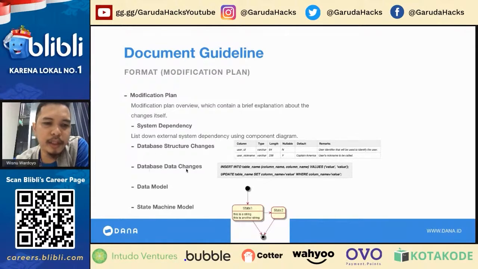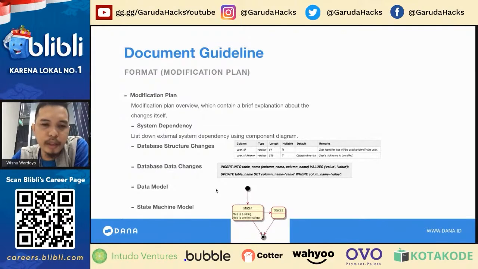Also, we have the database data changes. Not only structure, but if you need to modify some records, you need to put the syntax over here. I use SQL. And then the data model. The data model could be different from the database structure, maybe because not every field or column in the database needs to be put in the data model, like password.